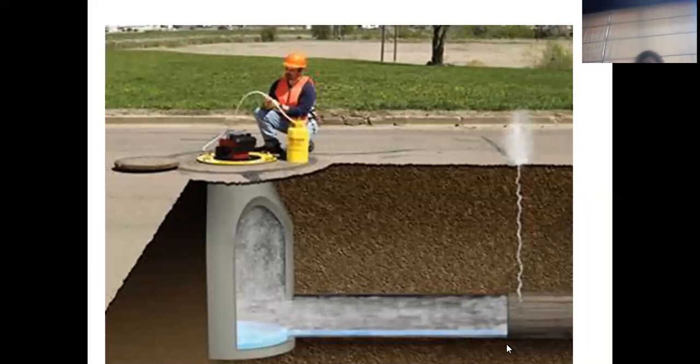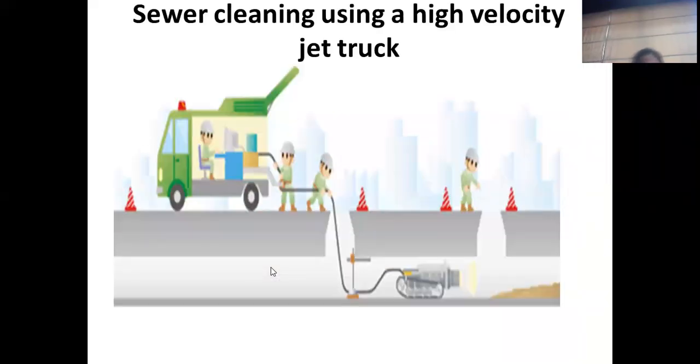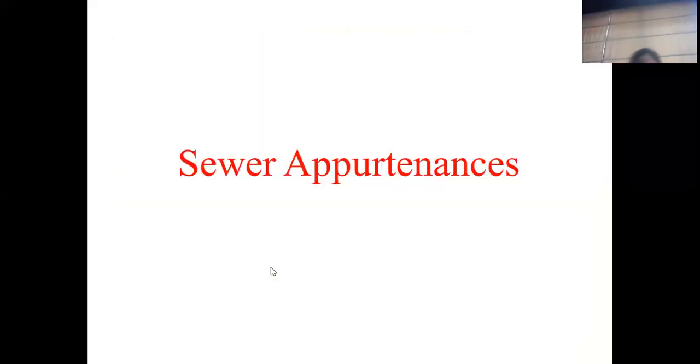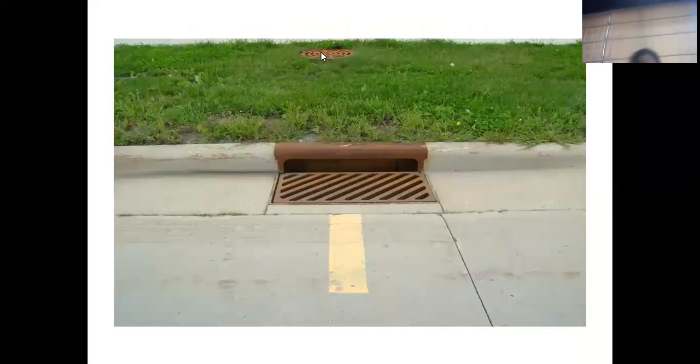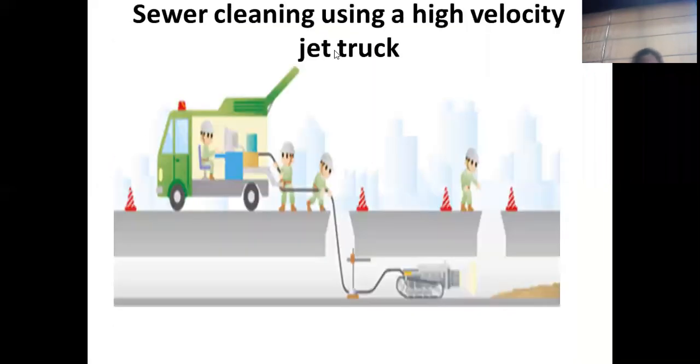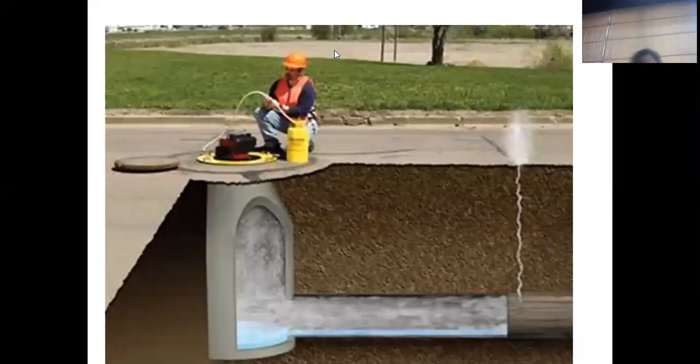Okay, only this type of portion is what we see, whatever I have shown in the first figure. Sorry, here you can see this one. This one is the chamber. We can say this is a manhole, but below that what kind of structure is there? This kind of structure is there in a manhole under the ground. Only this portion is visible to us. Okay, thank you. May I go to the next point?